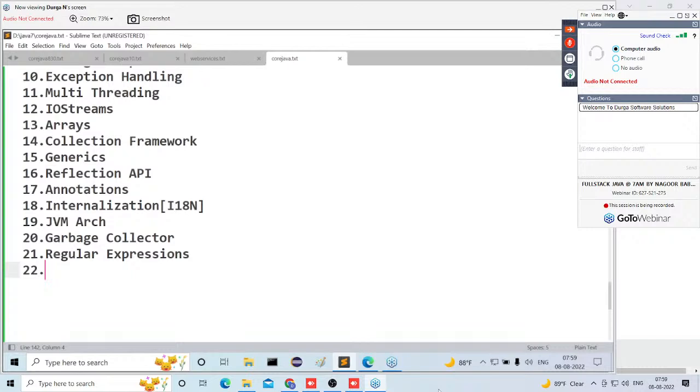Moreover, giving a brief introduction about each and every topic is important at present. At least you are going to understand what is what inside Java. At least some information inside Java we are able to understand. That's why I gave the whole list of contents clearly. Right, sir. Regular expressions. One simple example I'm telling you, try to understand it now.